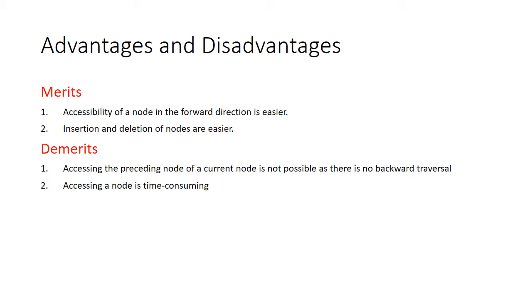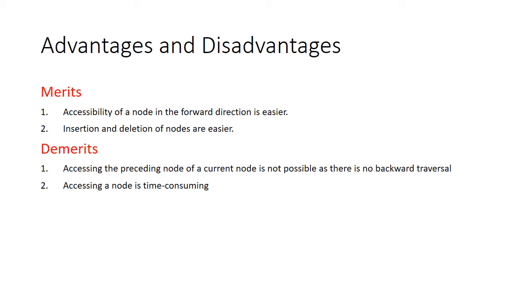When we have accessed the third node, there is no provision for us to come back to the second node, because the address of the second node is not stored in the third node. The third node's address is stored in the second node's pointer field. Therefore, we have the option of moving in only the forward direction. If your list is very, very big, then once you have skipped any node, you have to come back to the head and then search again for the appropriate node. Therefore, what will happen?